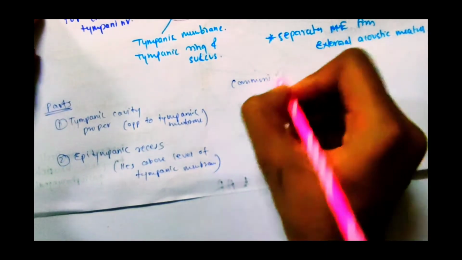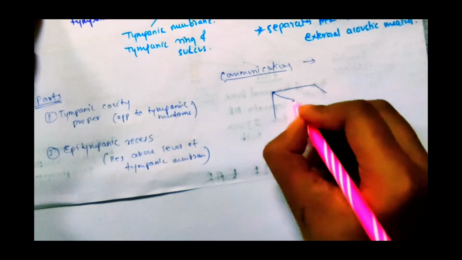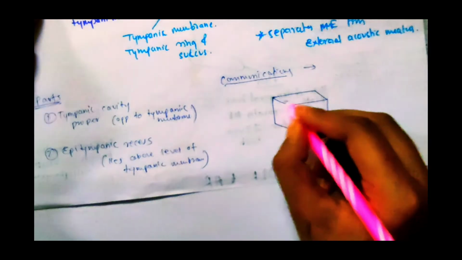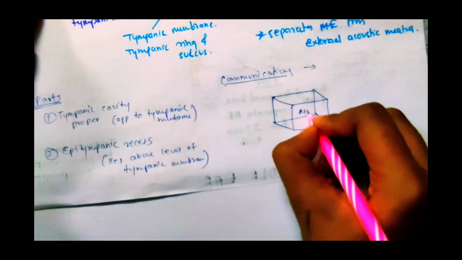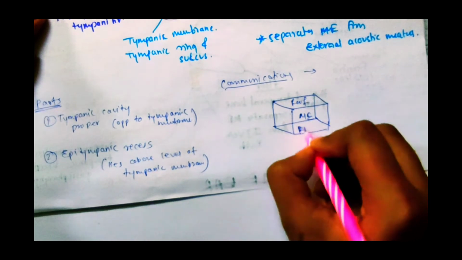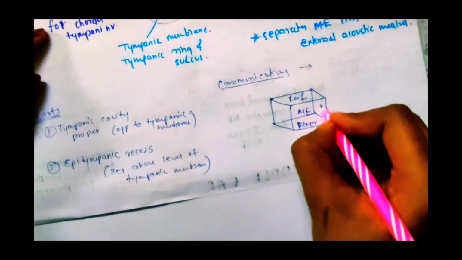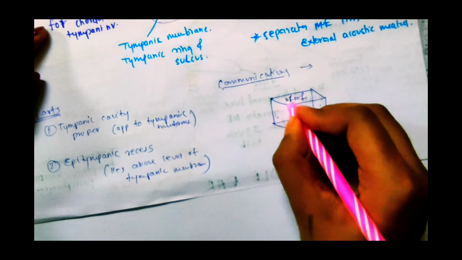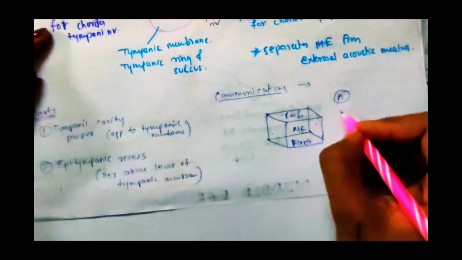Then comes to its communications. Let's draw the scheme of middle ear. This is the middle ear. It consists of six boundaries. This is the roof, this is floor, this is anterior wall, this is posterior wall, this is medial, and this is lateral wall. Anteriorly it is communicated to the